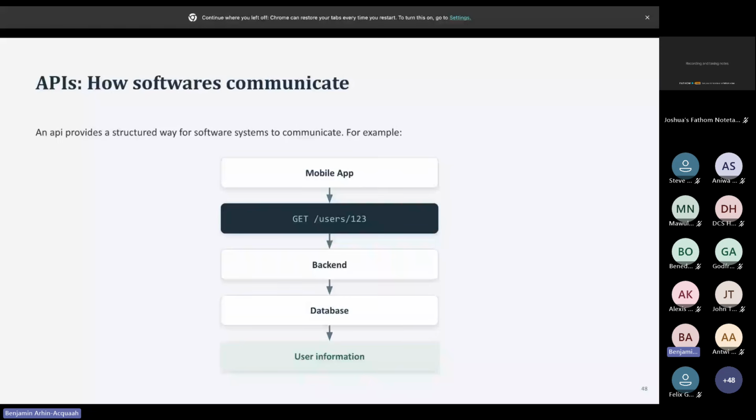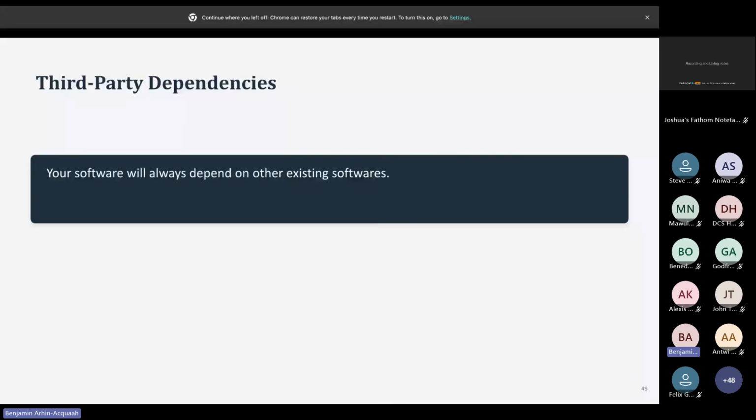Yeah. So, third-party dependencies. I didn't have more content on this, but I have touched on it previously when I mentioned you not being the creator of everything you are using. The programming language you are using was created by someone. You use other services that were also created by other people.